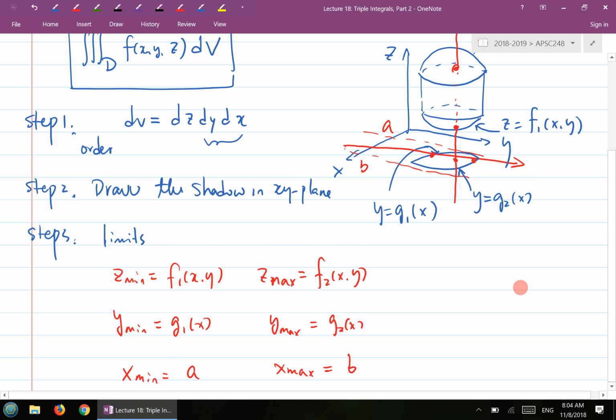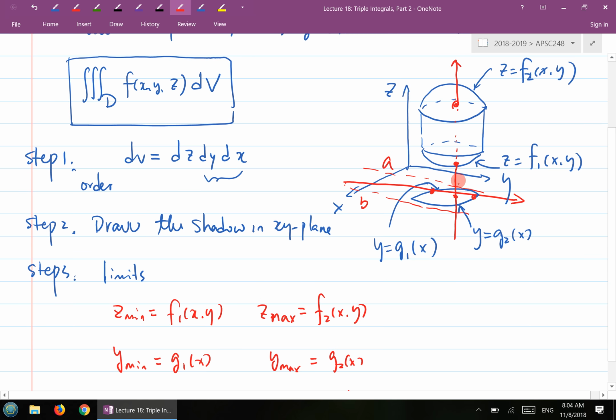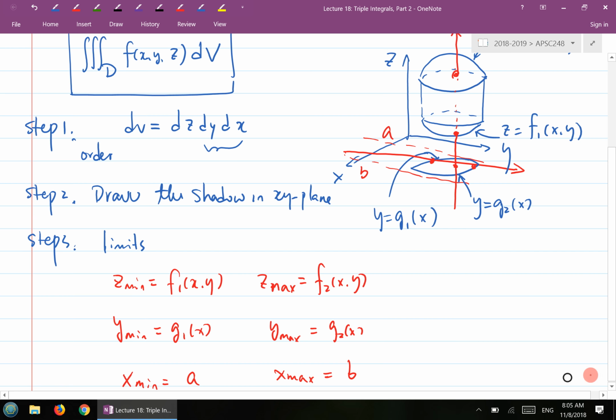I keep emphasizing the scanning concept. If you look at the steps for finding the limits, the same idea applies to all different kinds of coordinate systems. In the first step, you're scanning in the positive z-axis direction, and that's what you get. The second step, you're scanning in the positive y-axis direction. And the last step, you're scanning in the positive